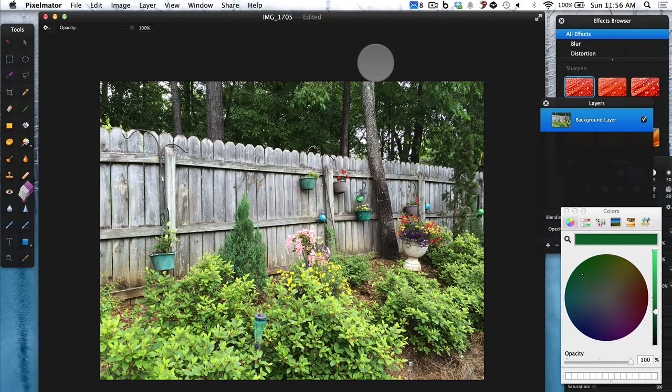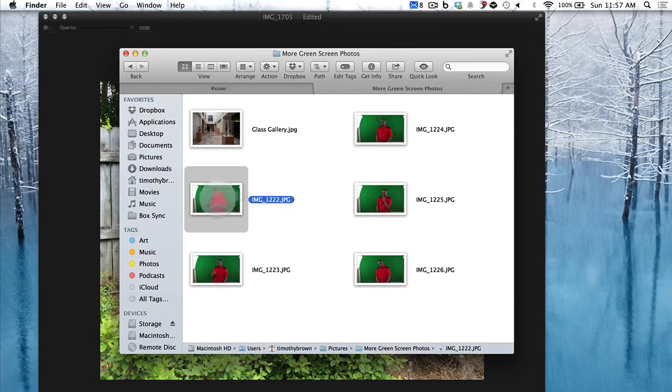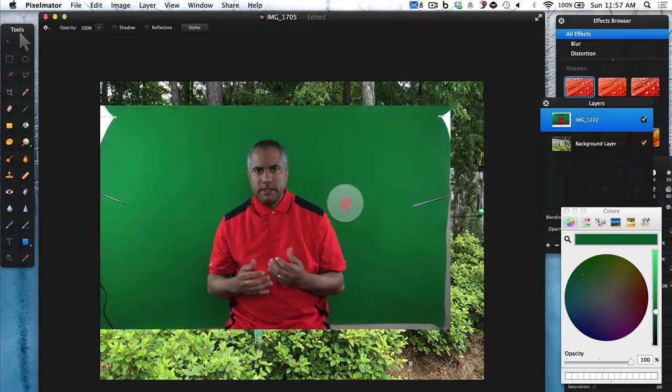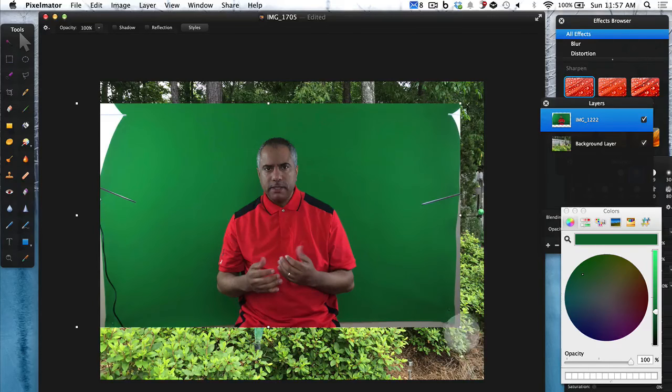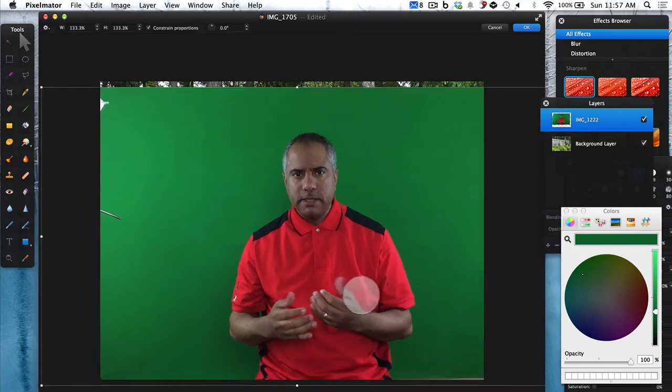What you're seeing here is just a background photo. What I'm going to do is bring in another photo with a green screen background. Let me go ahead and just grab this photo here and just drag it to the stage. It's going to automatically create a new layer. And now I'm going to go ahead and just resize this image to where I want it to be over